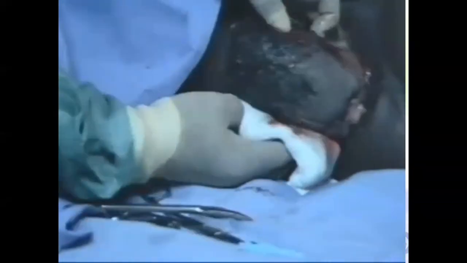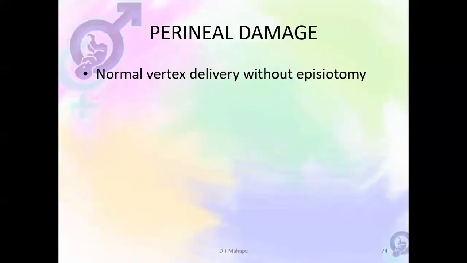Because if the muscles tear by themselves, sometimes they tear inside the skin and you don't realize it. You don't see them. The only thing that is going to happen is vaginal laxity, and the patient is going to come with queefing and repeated vaginal infection. So there's going to be perineal damage from normal vaginal delivery without episiotomy.